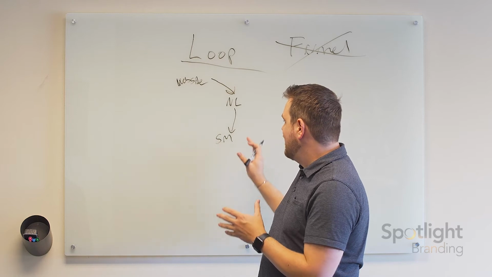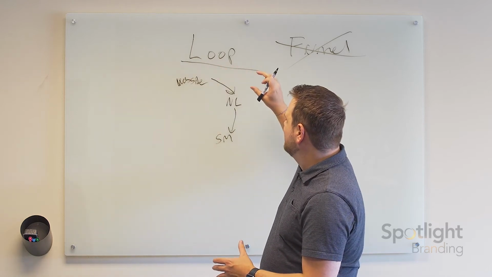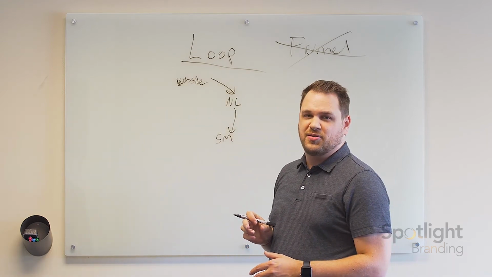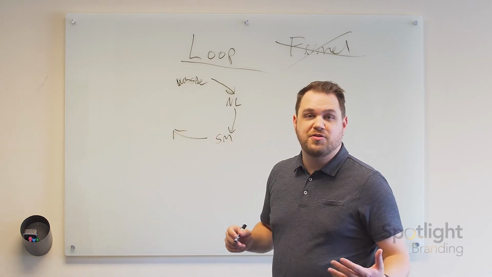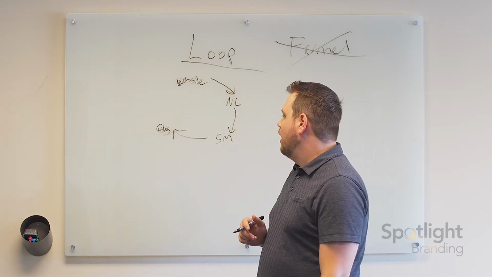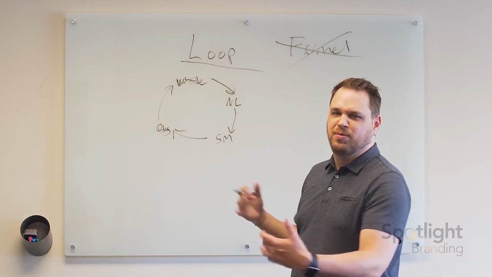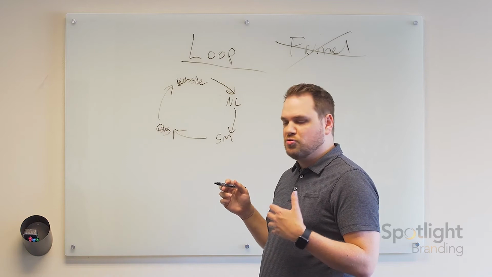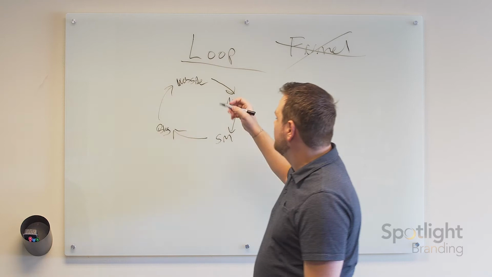But for the sake of just kind of keeping going, the point is, okay, they came from here, a week later they get your newsletter, a couple days later they see something on social media, then maybe you put out a new blog, okay? And that blog's on your website and kind of sends them back to your website. Okay, and you could put more things in here. You could put a podcast episode. You could put other things in here. But the point is that it's a loop because this recurs.